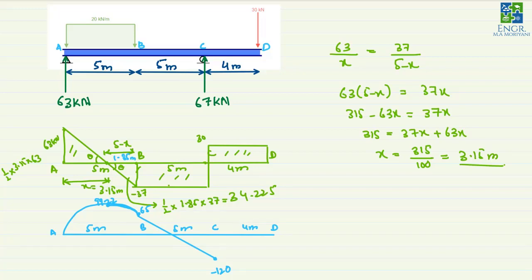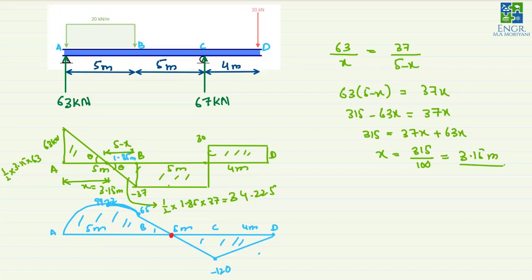And from C to D, because we have the positive value of shear, the area under the curve is 30 multiplied by 4, which is 120. So there should be a change of plus 120 from C to D. If we add the value of plus 120 to the existing value, this will give us 0 bending moment at D point. These two are again to be connected by a straight line, because this is again constant and the integration will be a straight line. So this is our bending moment diagram which we have drawn without any equations.